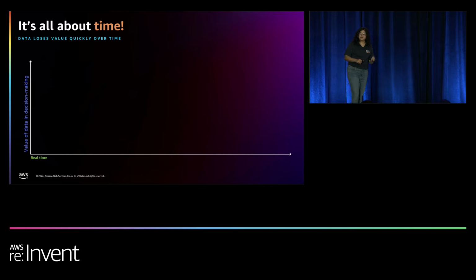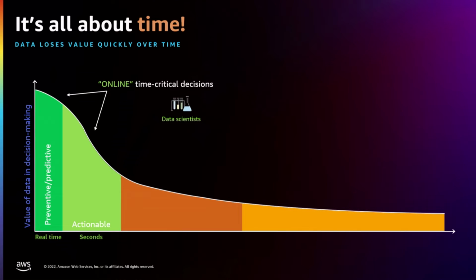And in today's session, we are going to look at two scenarios. One is the traditional batch processing, and the other is online or near real-time processing as well. So when you think about real-time or near real-time, we mean that we can take online time-critical decisions. For example, you can send offers or coupons in real time to increase sales and reduce your cart abandonment.